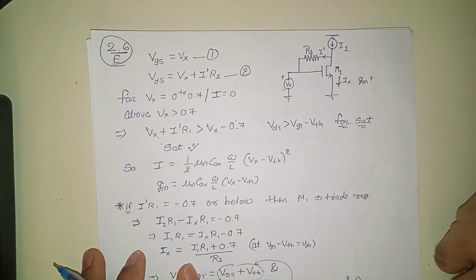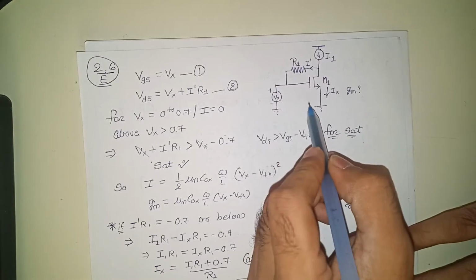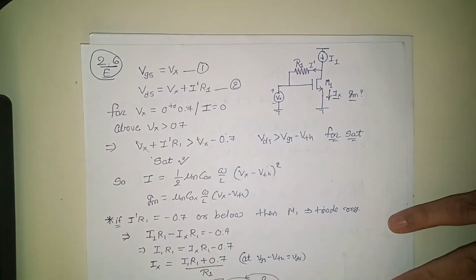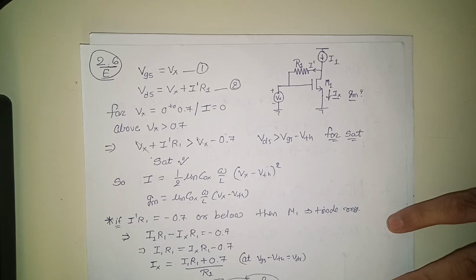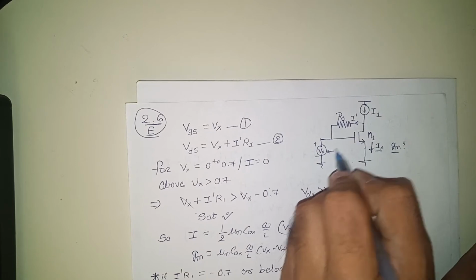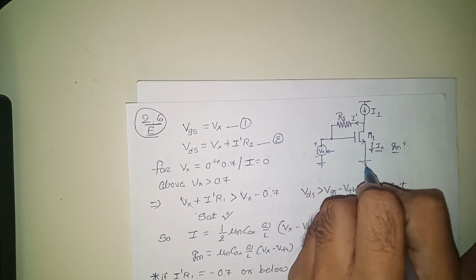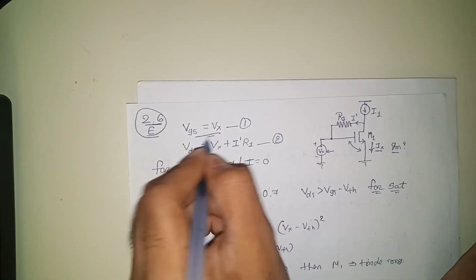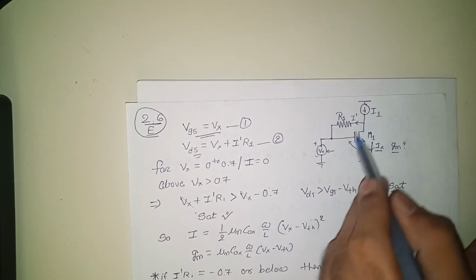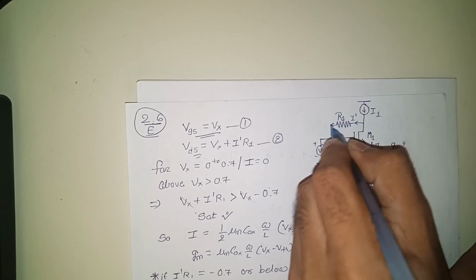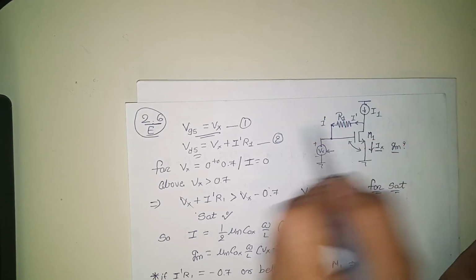Okay, we'll see problem number 2.6 part A, in which they gave this circuit and we need to draw the Ix and Gm of M1. Now we know that Vx is directly connected to the gate of M1 and the source is connected to ground. So whatever Vx is, that is the VGS. VDS is Vx plus whatever I dash I am taking here. This is I dash into R1.